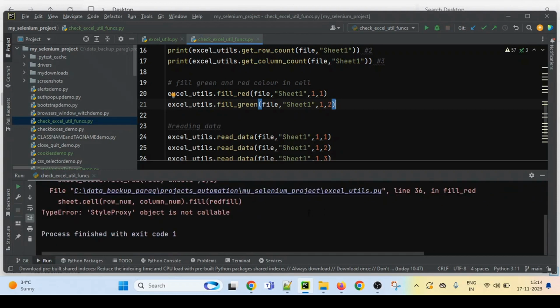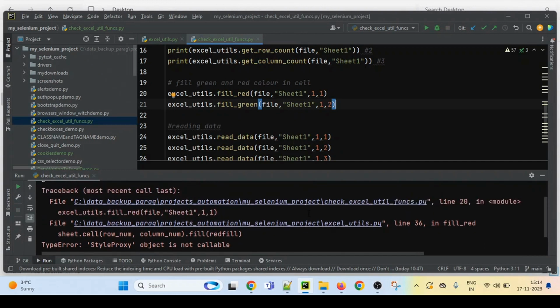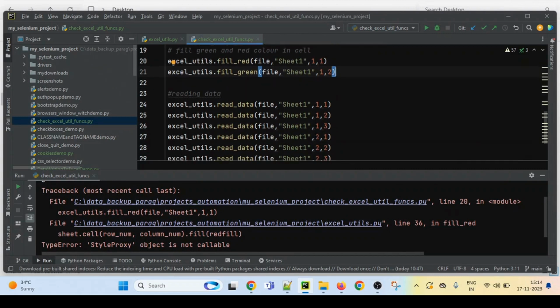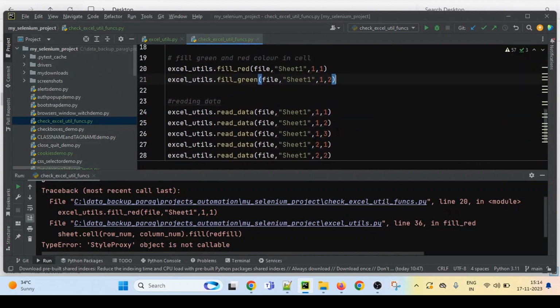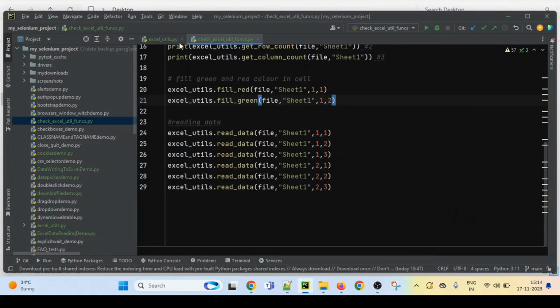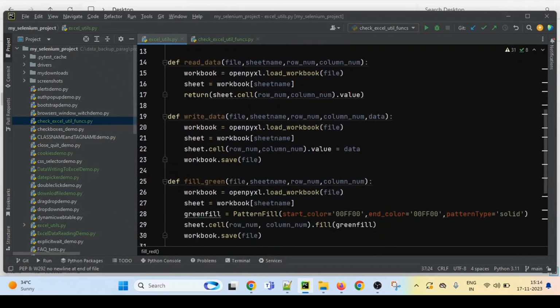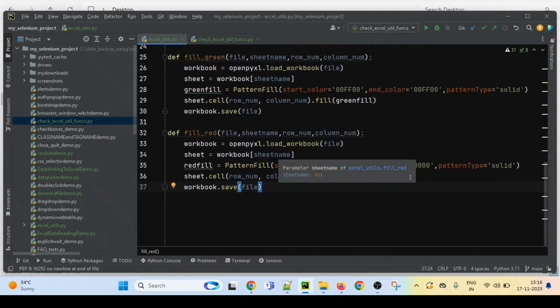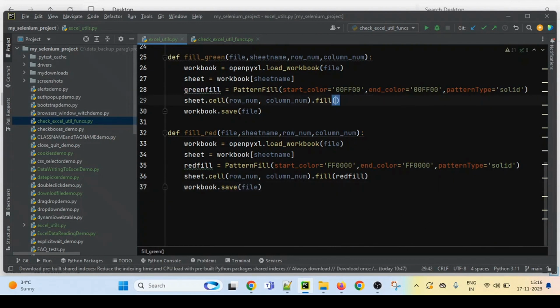There is some error. Yeah, so issue was we don't have to pass this here. So what we have to do is sheet dot cell.